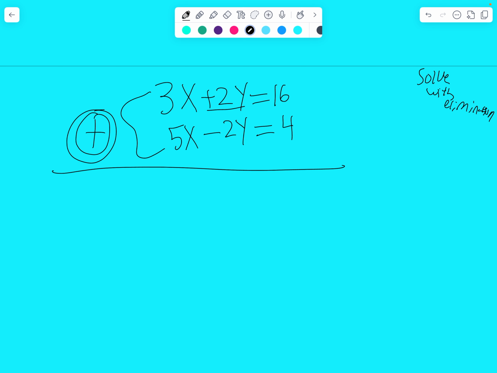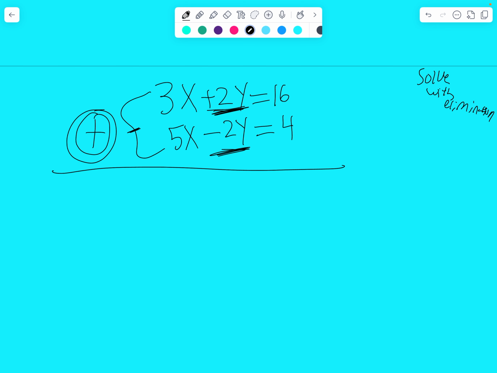So we have to solve using elimination according to the instructions that I wrote. So we have 3x plus 2y equals 16, and then you have 5x minus 2y equals 4. Of course, I did not draw the bracket the prettiest, but you guys get the idea. Behind that bracket, there is an invisible positive sign, all right? So let's try to, and we notice, we have opposites that can cancel out, so we can just add